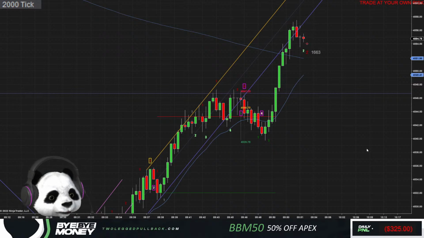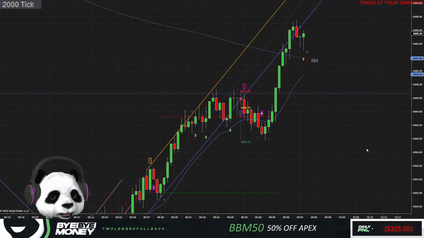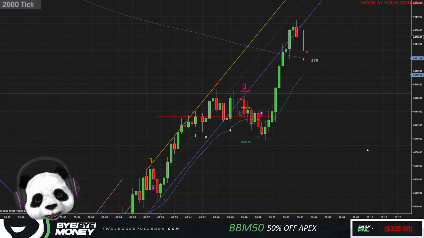Looking for a setup. I have nothing here. In my opinion, this is the time for the reversal. Even if it's a strong uptrend, this is the time for the reversal here. So I may miss another second entry long off of 20 MA because I'm looking for a reversal, but it's the name of the game.